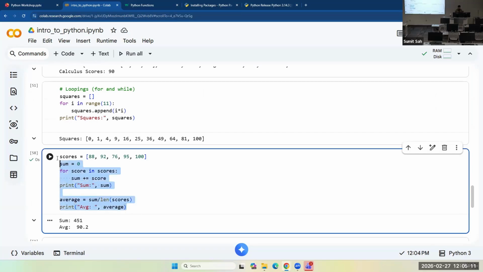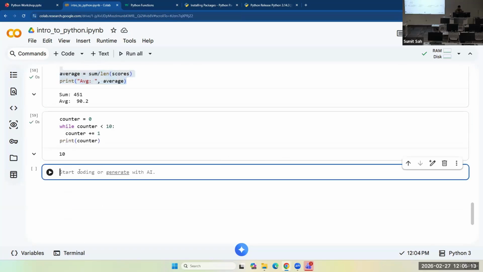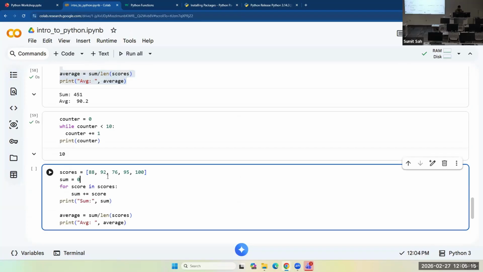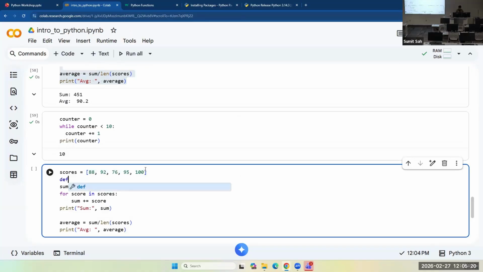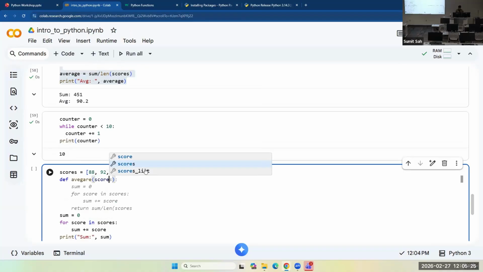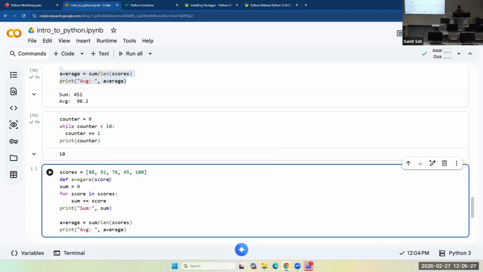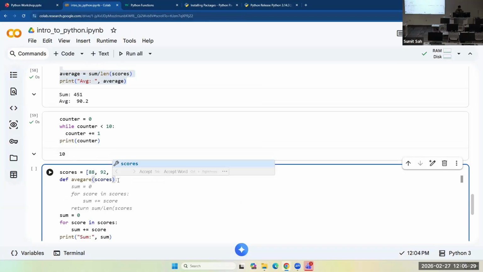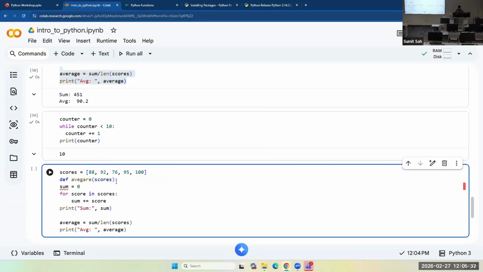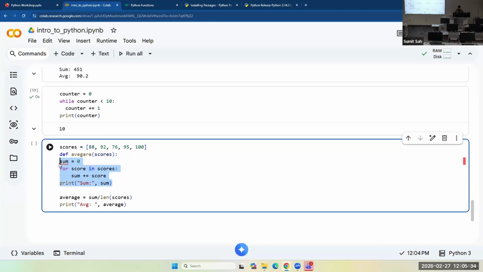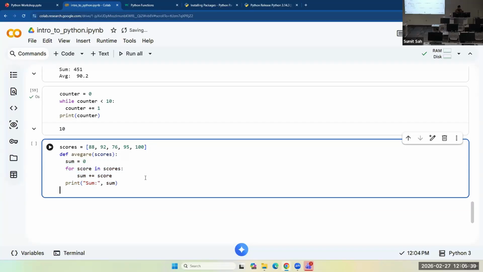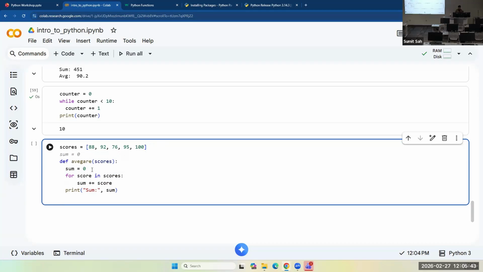So you could define a function called average, and then pass the scores list, and everything we put inside. Now my block of code is packaged inside a function called average.